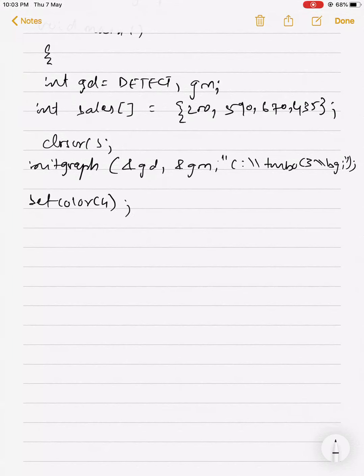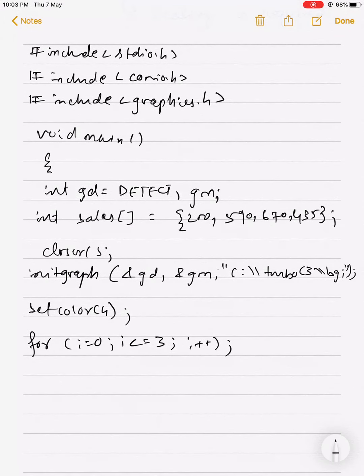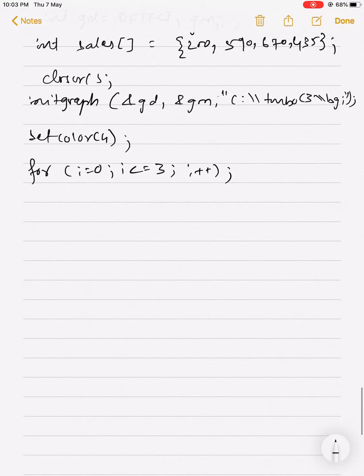If I don't mention the background, it will be black by default. Now I'm directly writing for i is equal to 0, i less than or equal to 3, i plus plus. That means I have to declare i over here.